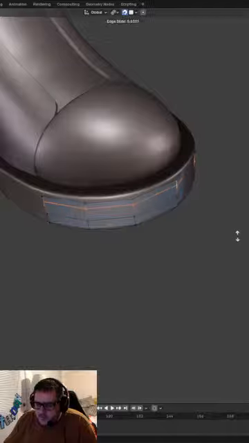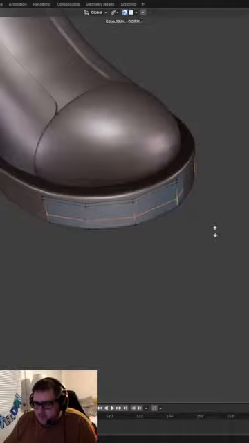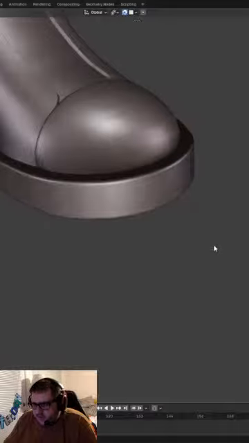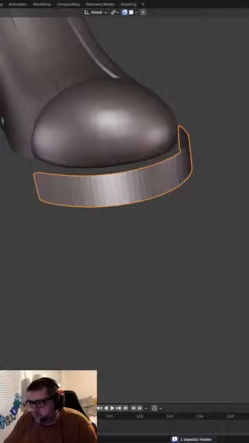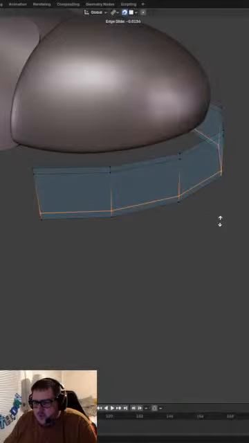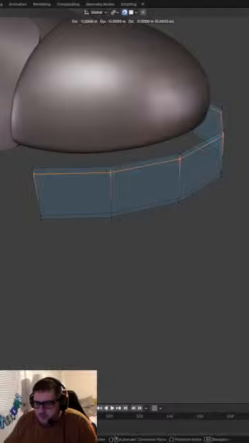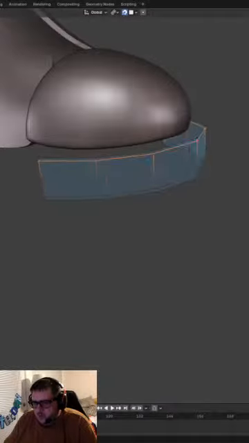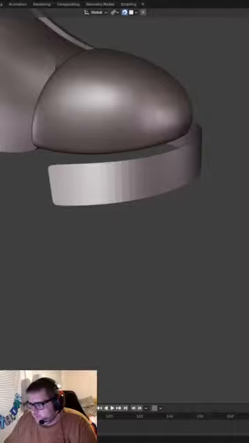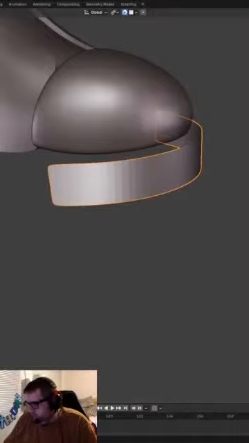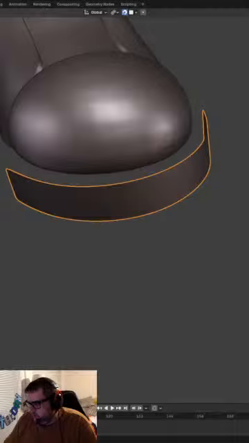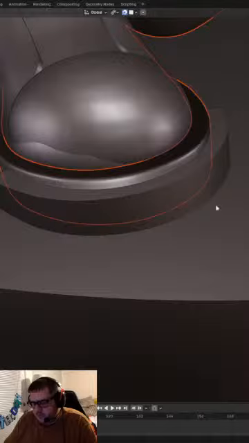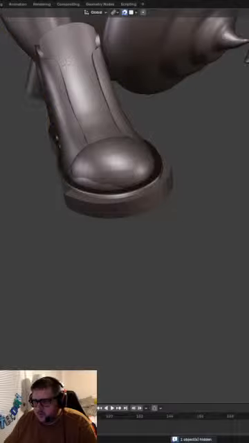All right. I'm trying to give this a little bit more. When I add this modifier in here, it makes it super smooth. See how you can not see it anymore? Yeah, so it makes it super smooth. So I try to come in here and add these little edge loops that'll keep the corners sharp, at least more or less sharp. Just look at the reference real quick. Yeah, this should look like that. And now let's go and solidify it. And let's bring back everything real quick. Alright.